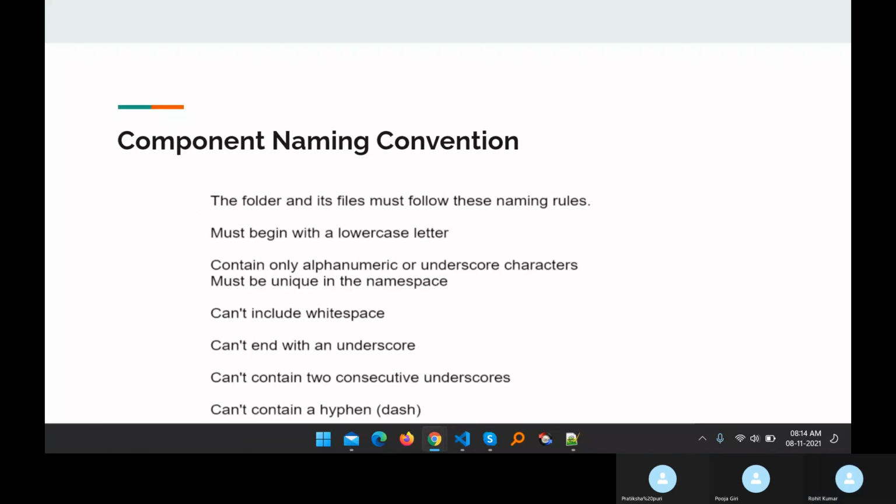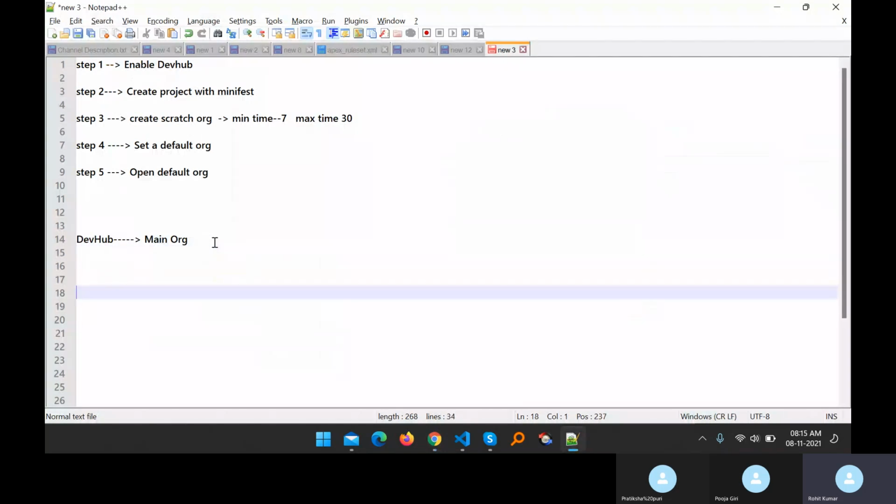And here you can see some component naming conventions. This is the most important for us because we are working in a big MNC. Here you can see the folder naming convention. The folder and its files must follow these naming rules, like being in lowercase letters. Let me explain so you can easily understand. Say I want to create a folder like a demo component.